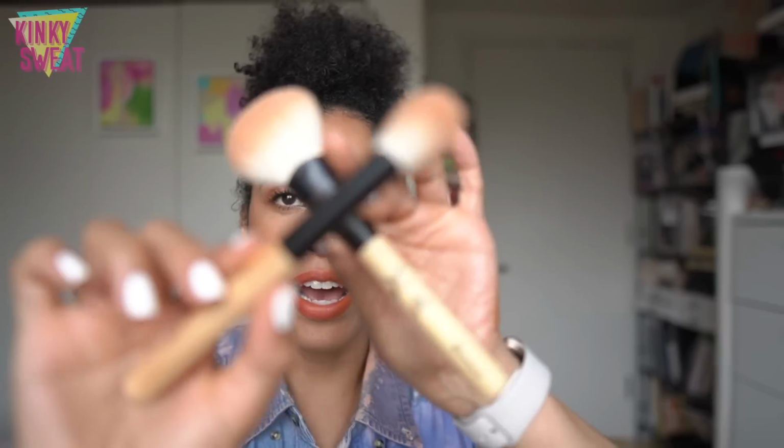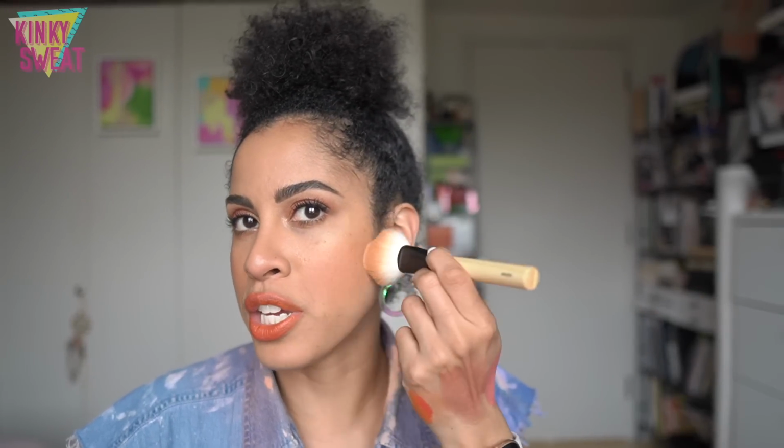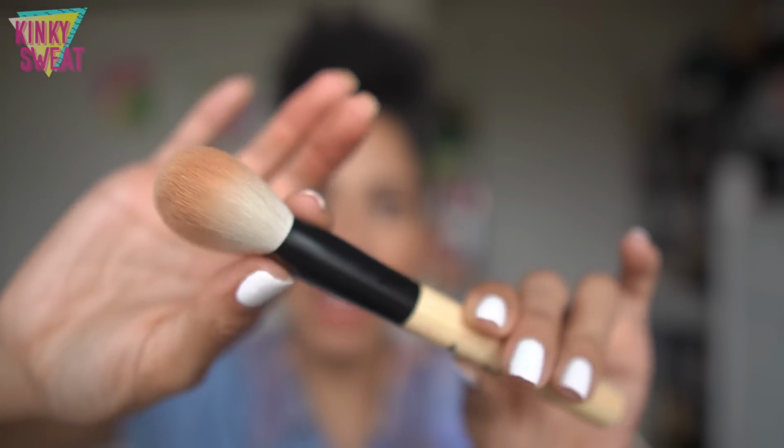I don't want to wear the bristles too much, so I'm gonna hold off on that as well as the small brush. But this has been the MVP brush and I toggle between them because when I use both, they are phenomenal and I love the feel, the silkiness of it. This is the most unique shape I have in my collection in regards to this category of a brush. It's not a fan brush. It's also not just a flat on both sides type of a brush. It's very unique, and despite its density, it has great flexibility, which makes it fantastic for different parts of your